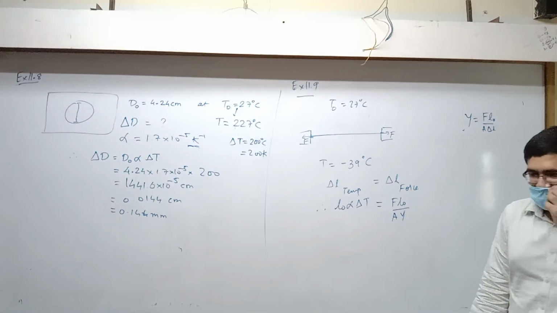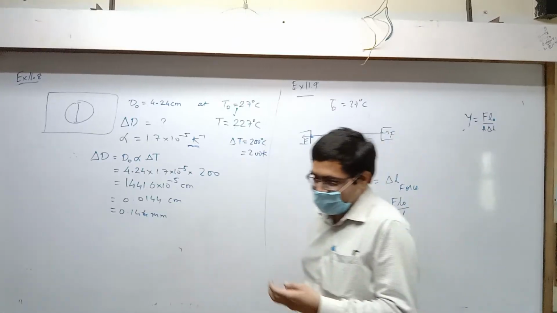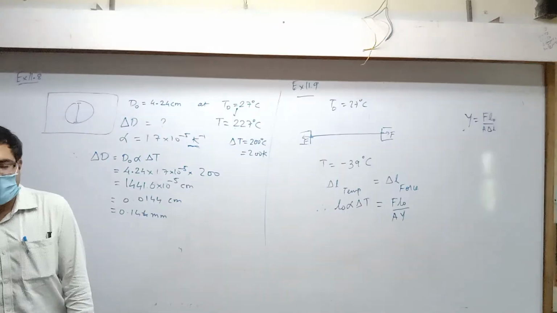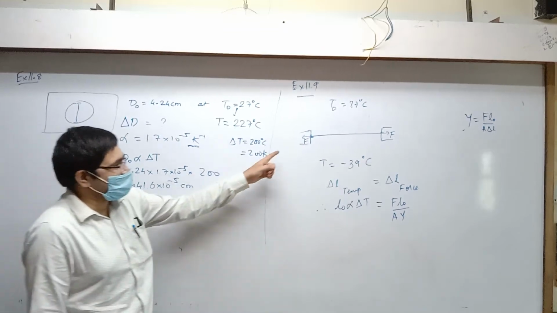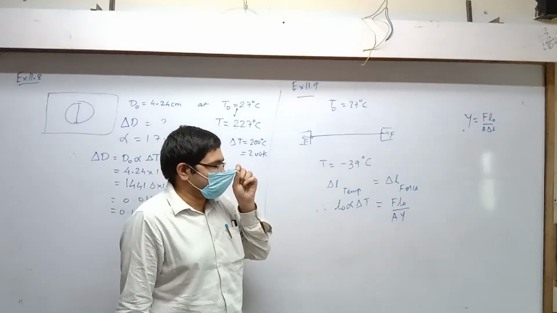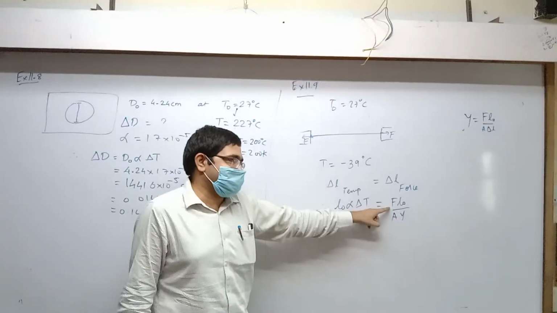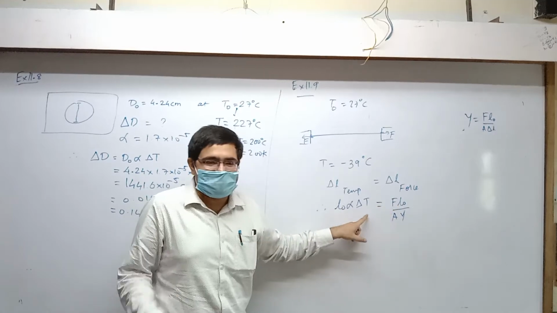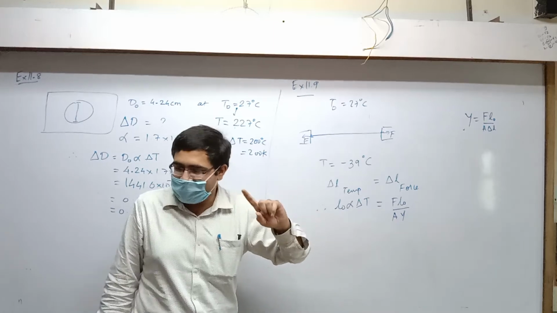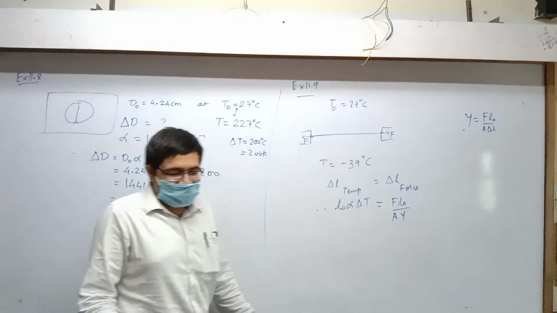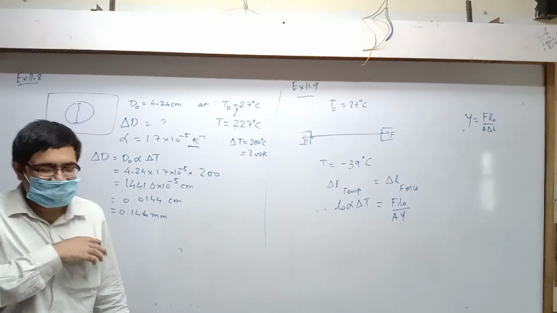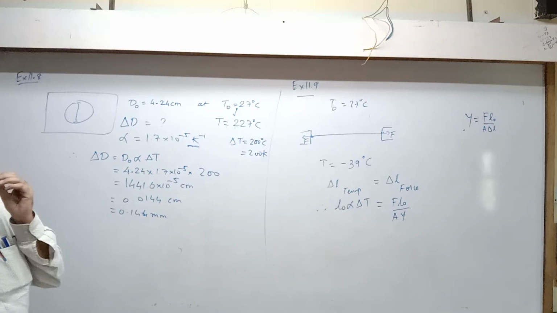Okay. Now read the question. Do we have to find force or stress or what? What is the tension developed in the wire? Tension is this force, isn't it, by which the wire is pulled. So we have to find F. But see, don't write T, because if you write T, you get confused. T for temperature is written and then T for tension would also be there. So better write F. Find F. Hurry up, come on. Do this on your own. Let's see. What do you get? Length is always going to get cancelled.